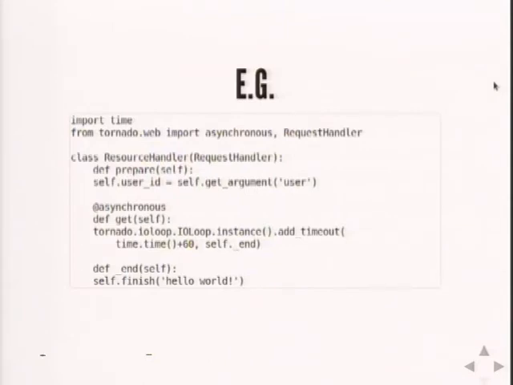And the important thing about doing anything asynchronous in Tornado is we have these nice decorators for asynchronous and a few other things as well. If you don't define it as an asynchronous method, the get method here, which is obviously a HTTP get, then when the method finishes, that will be the end of the request.